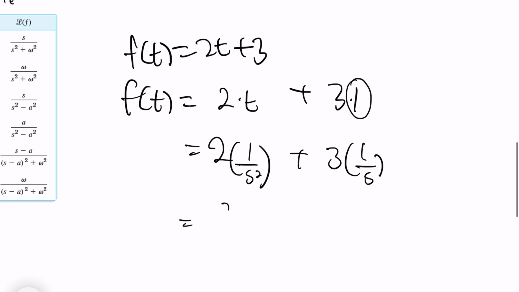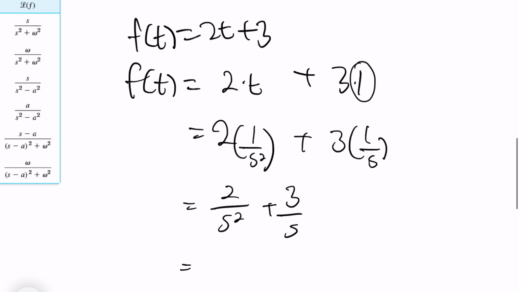So you will have 2 over s squared plus 3 over s. Okay, so you can see it is very simple to solve this. You can solve it further by multiplying, getting 2 plus 3s divided by s squared, and now I can